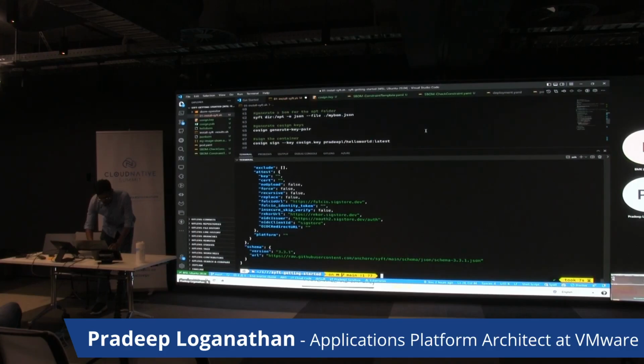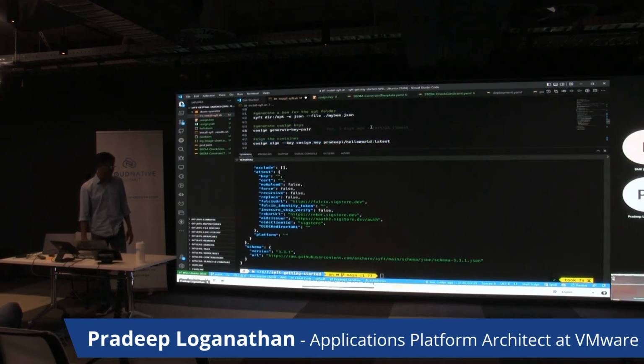So right now we've used Syft to generate an SBOM. We've also formatted it in JSON so we can extract more metadata out of it. The next part is attesting or signing the SBOM, to cryptographically sign it, and that's where I would use Cosign. Again, Cosign is an open source platform.